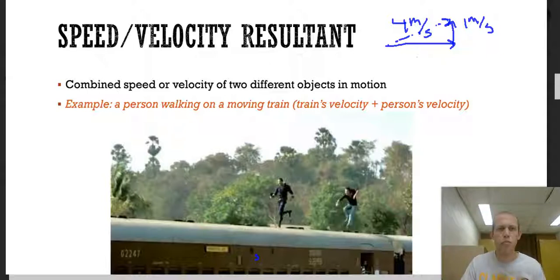And it doesn't have to be a velocity. We talk about resultant vectors with positions. We talk about resultant vectors with forces, lots of different things. But right now we're dealing with speed and velocity. So we talk about it with those 2 things. One example you can think of